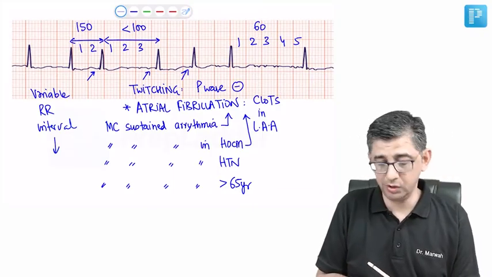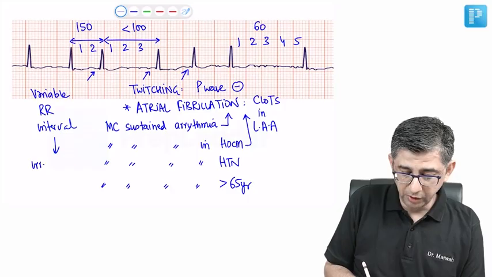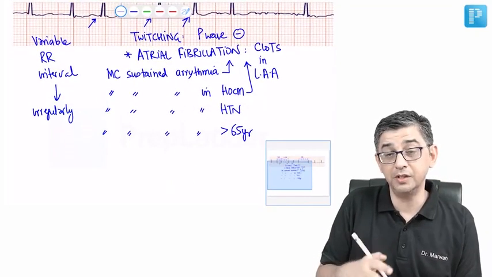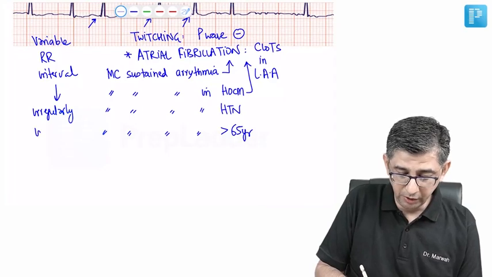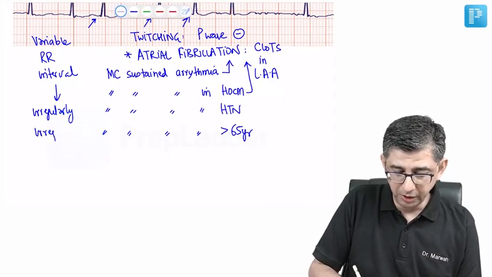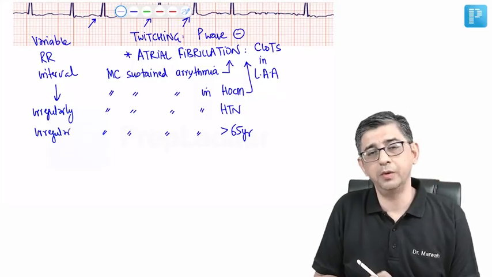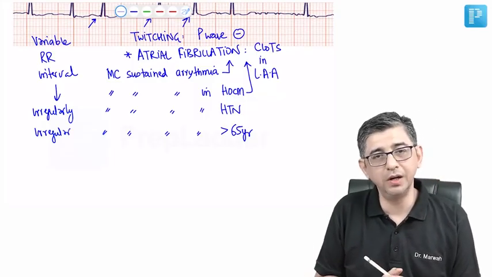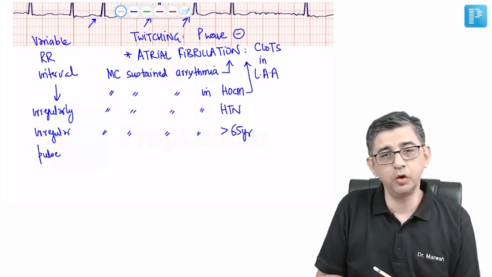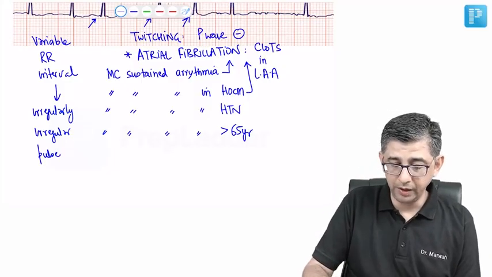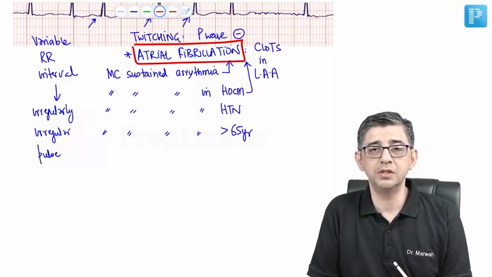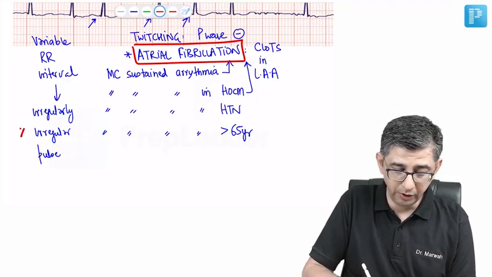this patient, he might even use the word irregularly irregular pulse. It will take me a few seconds to write it, but then I think it's worth its weight in the exam. Irregularly irregular pulse is a very good way to pick up atrial fibrillation on clinical grounds. I mean, he might give you a ECG, he might give you the clinical details also. So if he says irregularly irregular pulse, then you should be bang on target and identify atrial fibrillation as the cause. And most of the time, the questions that would be given to you where irregularly irregular pulse will be